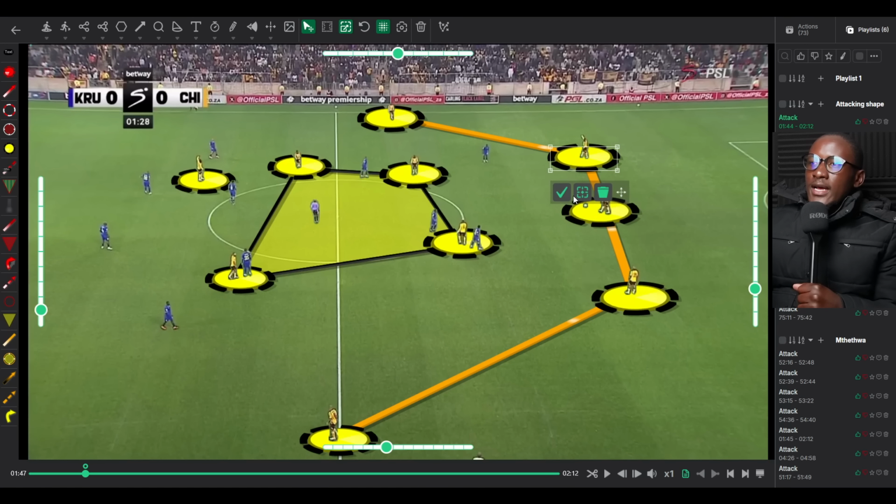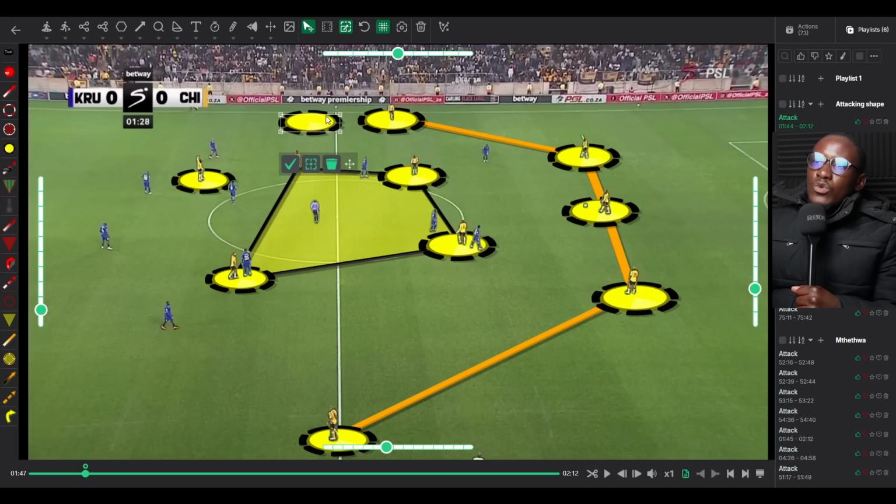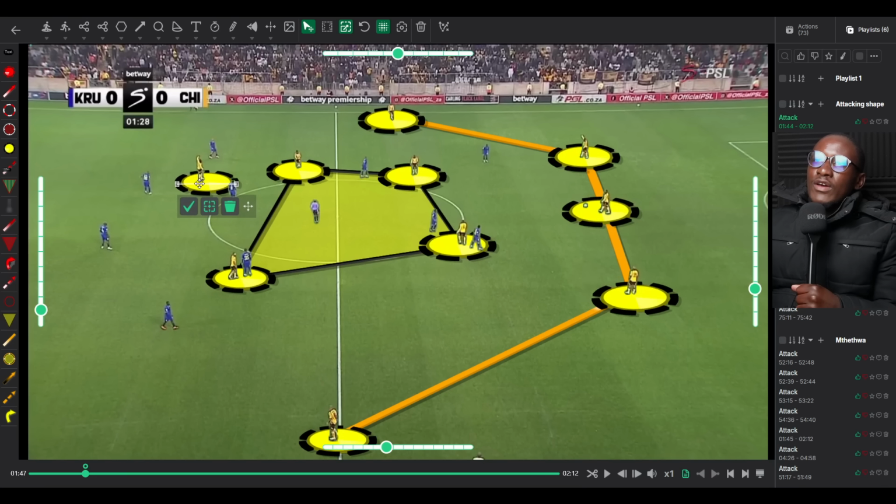and Zitha Kwinika. Now, what you will see is that right here on the left hand side, you have Luke Baartman providing the width, and then on the right, you have Thabiso Monyane providing the width. And in midfield, they play what we call a box midfield with Lebohang Maboe, Ndlovu, and then you have Vilakazi, who moves from the wing position and drifts inside, and also Ethan Chislett. So they almost look like they're playing double tens. And then Flavio da Silva pins the defenders back.